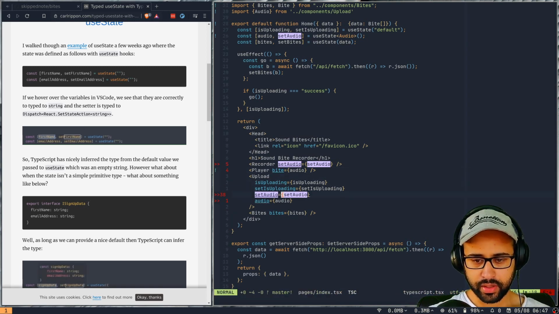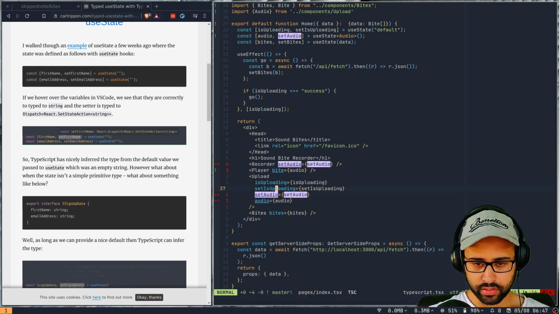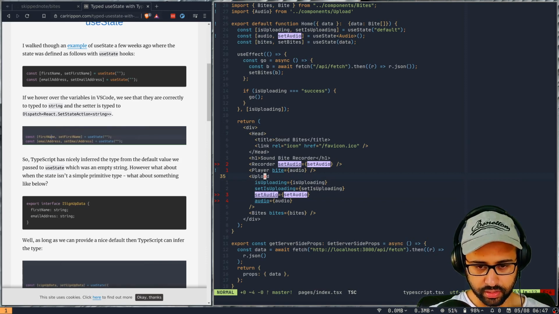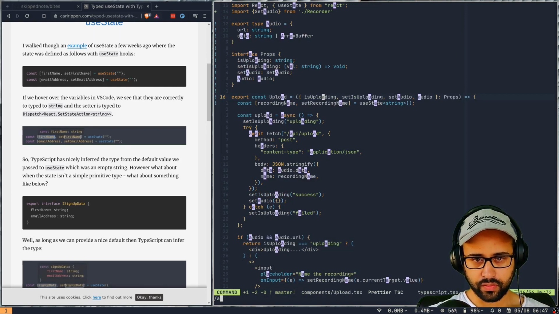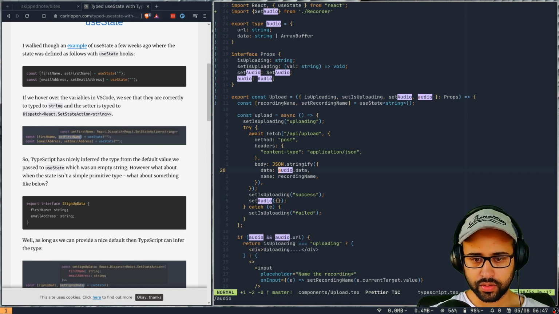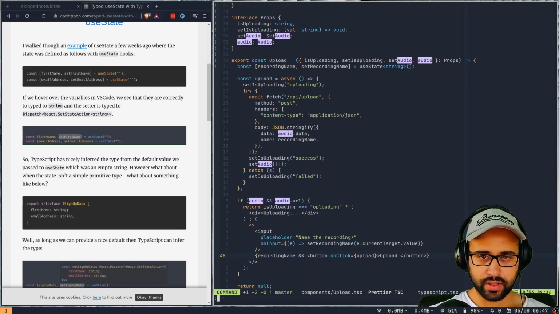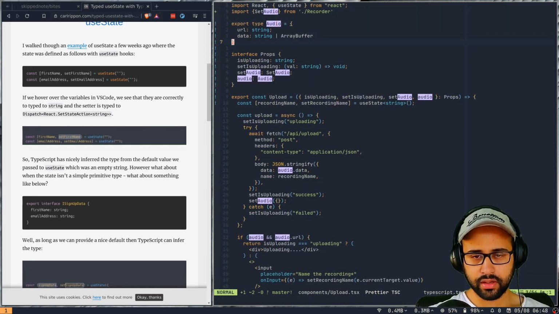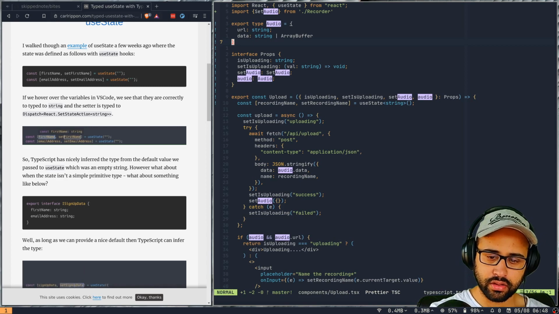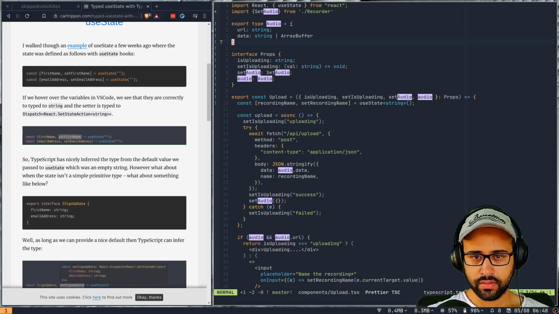But then upload takes in an audio as well, so let's see how it's consuming that. So if we just look for audio, from audio it's grabbing the data, so that is also fine, and here it's using the URL, so this is fine. Although the typing, yeah, the typing is also correct, so I think this typing is fine.